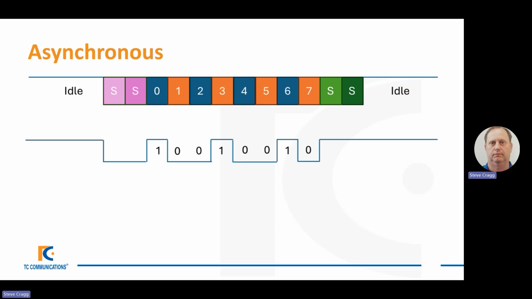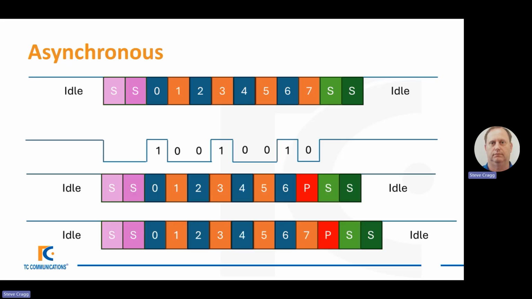So that's basically how the data is sent over using asynchronous. Now, this is cool, but there is no defined standard for this. It is common that the data is sent as either 7 or 8 bits. Why would you only send 7 bits when you could send 8 bits? Well, the reason is that if you're sending numbers and